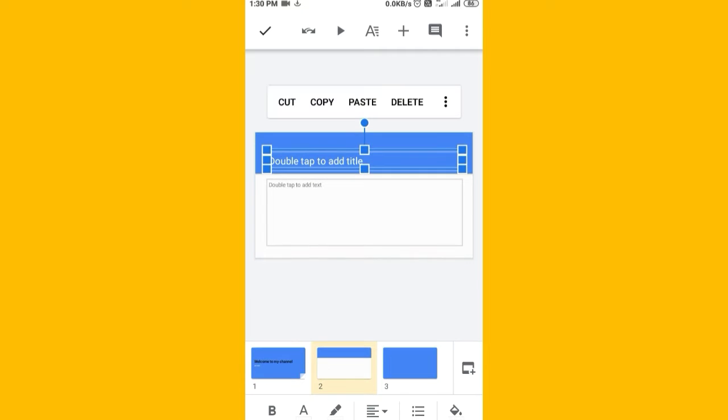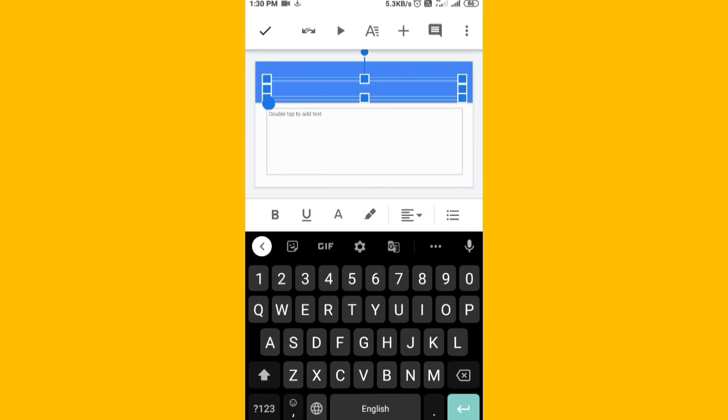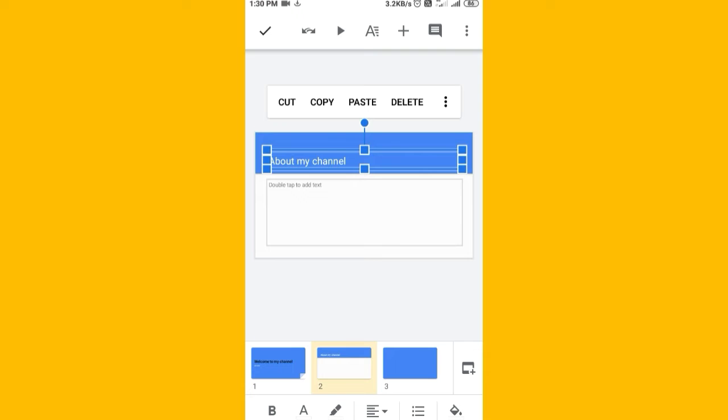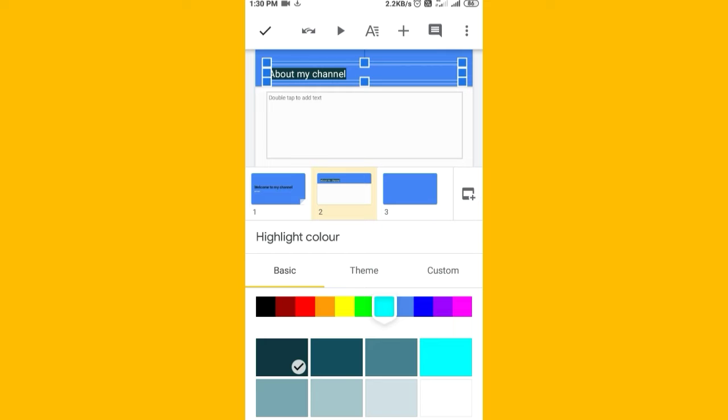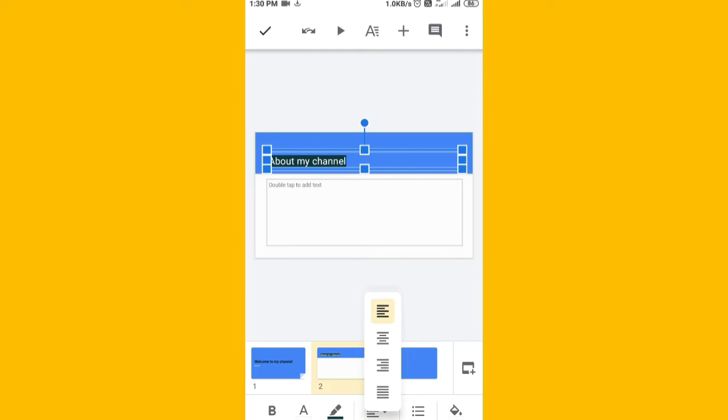So I'll show you. In order to put some text into this, you can simply double tap here. So here the keyboard will be shown, and now I shall write here about my channel. After clicking over there, you can have the third option as highlight color like red. So the background would be changed to that color. For example, I want to have this black one. I'll choose this. These indentations here, like about my channel would be here, here, or here. So right, left, center. So here can be a bulleted list or not a bulleted list if you want to form.